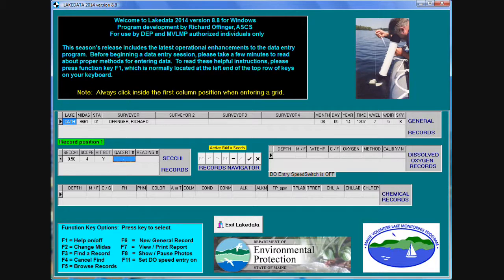Now for QA-cert number, you would enter that from the record sheet. I'm going to enter my QA-cert number here. You don't need to enter the hyphen in between the letters and the numerical number. That's entered automatically by the Lakedata program. All you need to do is type the 2 letters followed by the 4 numbers, and then press the Tab key. The reading number, this is